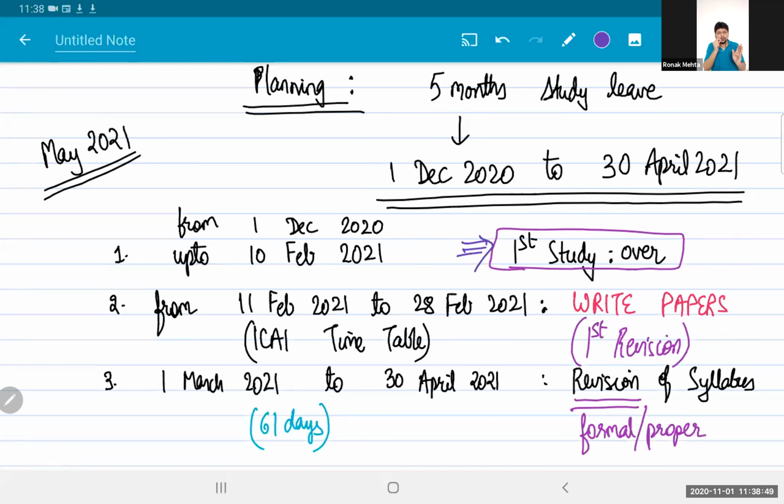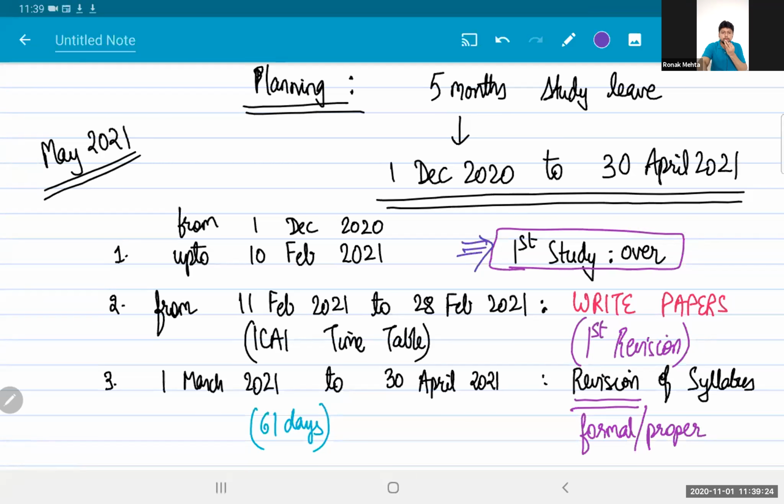What will you do? You'll write a paper on 1st March, 3 hours. The balance of 1st March you'll study for tomorrow's paper. On 2nd March, do you think that much study time is sufficient for a CA final subject? So paper writing will actually demotivate you, because when you sit to write the paper, you are not adequately prepared, and that's why the 10th of February is so important. From 11th February to 20th February, taking a proper 1.5 days, you are studying and then you are writing the paper. It is a mock that you are giving of May 2021.